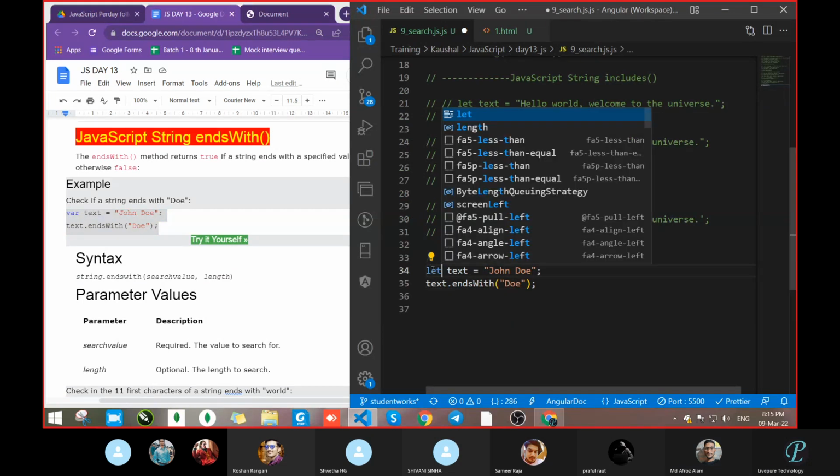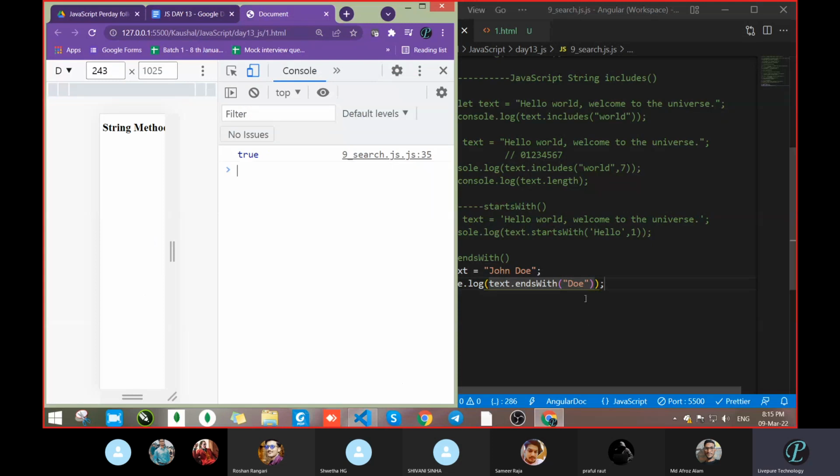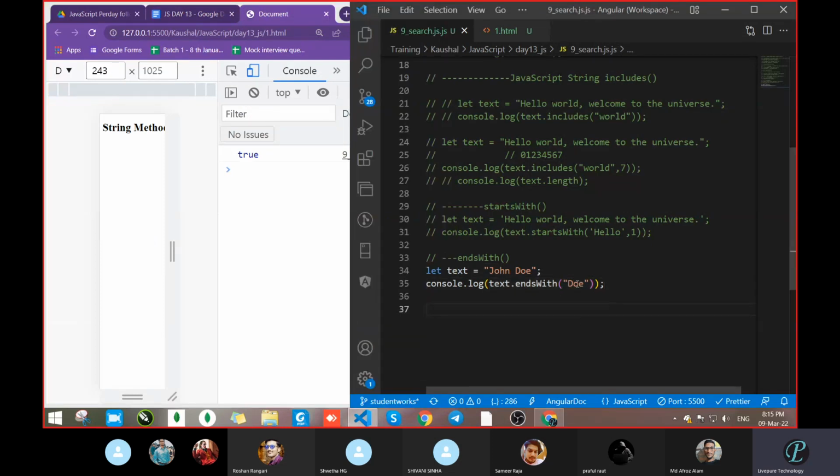The answer is given as true, otherwise false. So let's see. Let's save and check. So we got true. endsWith means, okay, pass something. Now we got false.